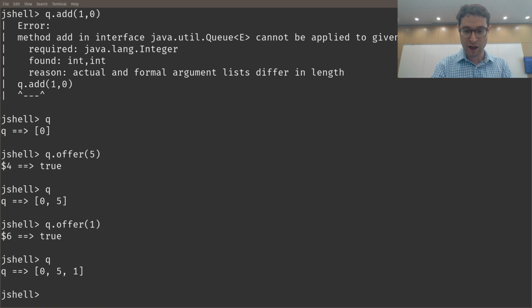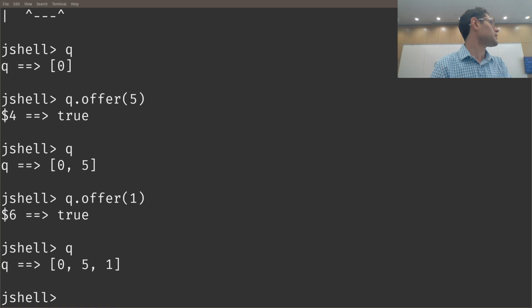Let me go ahead and increase the text size for you guys. Okay. So you offer things to a queue, as opposed to pushing things onto them, right? You offer them, you get into the back of the line, just like if you're at the grocery store. Now the person who gets served next is the front of the line. Another way of looking at that is that the item that gets processed next is the one that has been waiting the longest so far, right? The guy at the front has been waiting the longest. The guys in the back of the line haven't been waiting as long, because if they had been waiting longer, they would have been at the front of the line. So